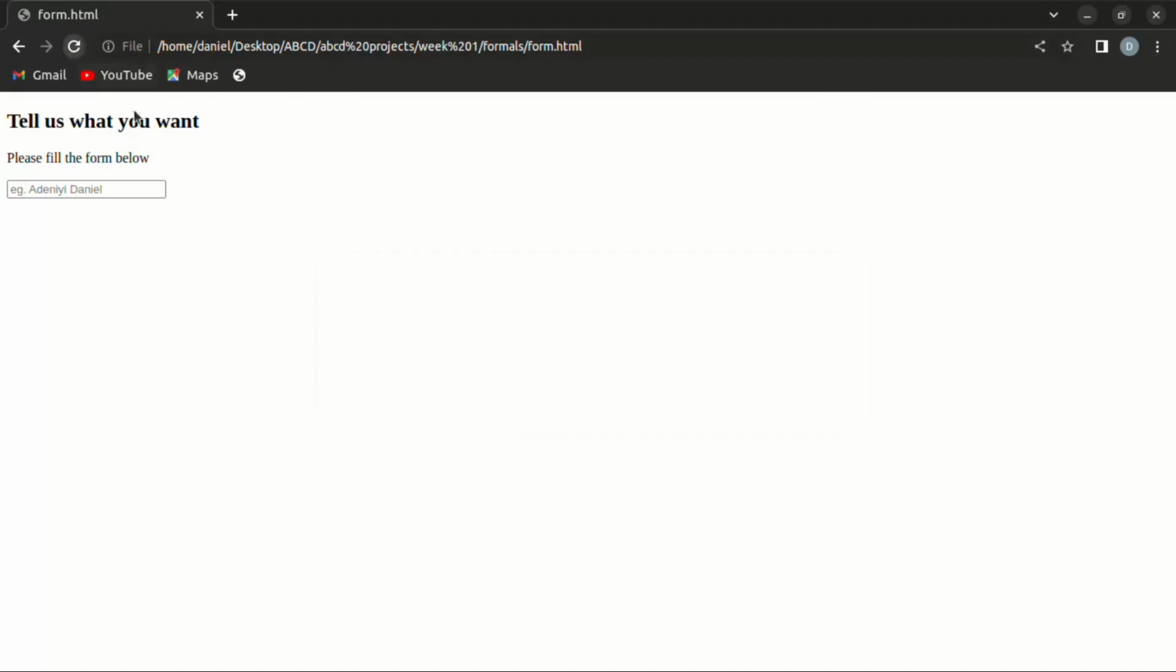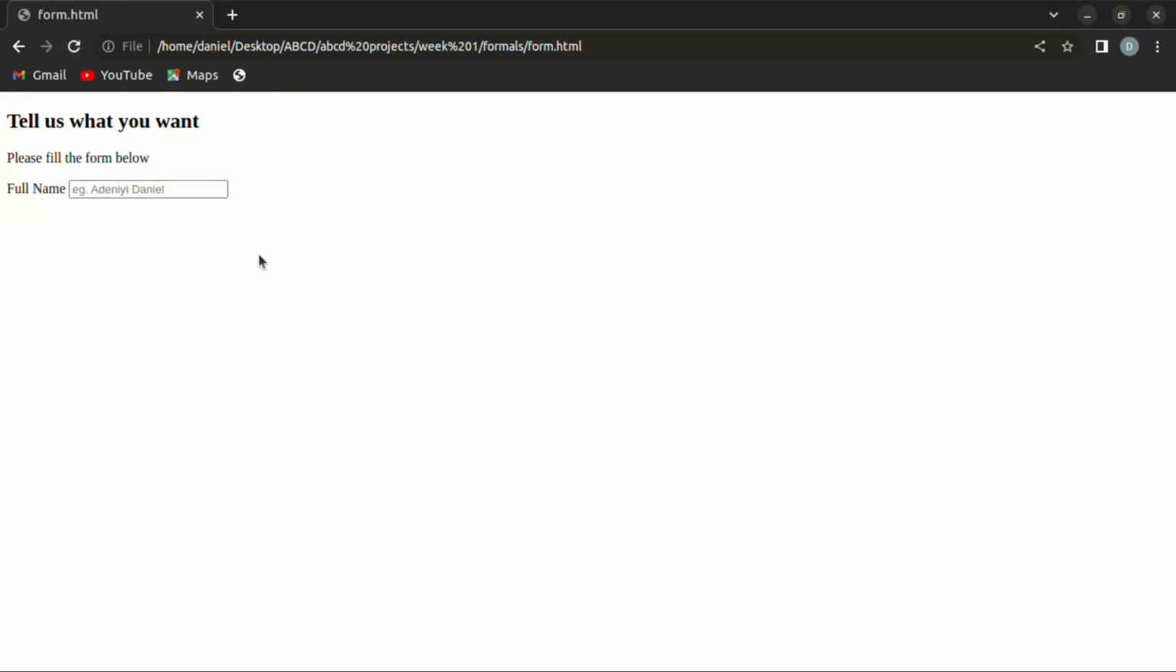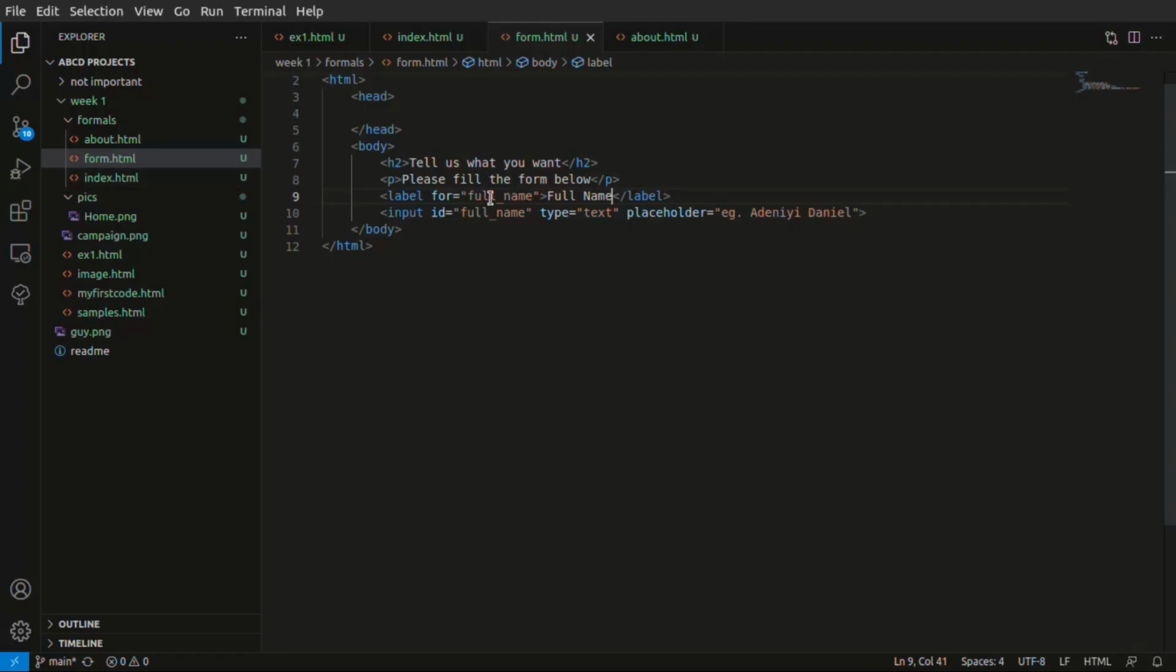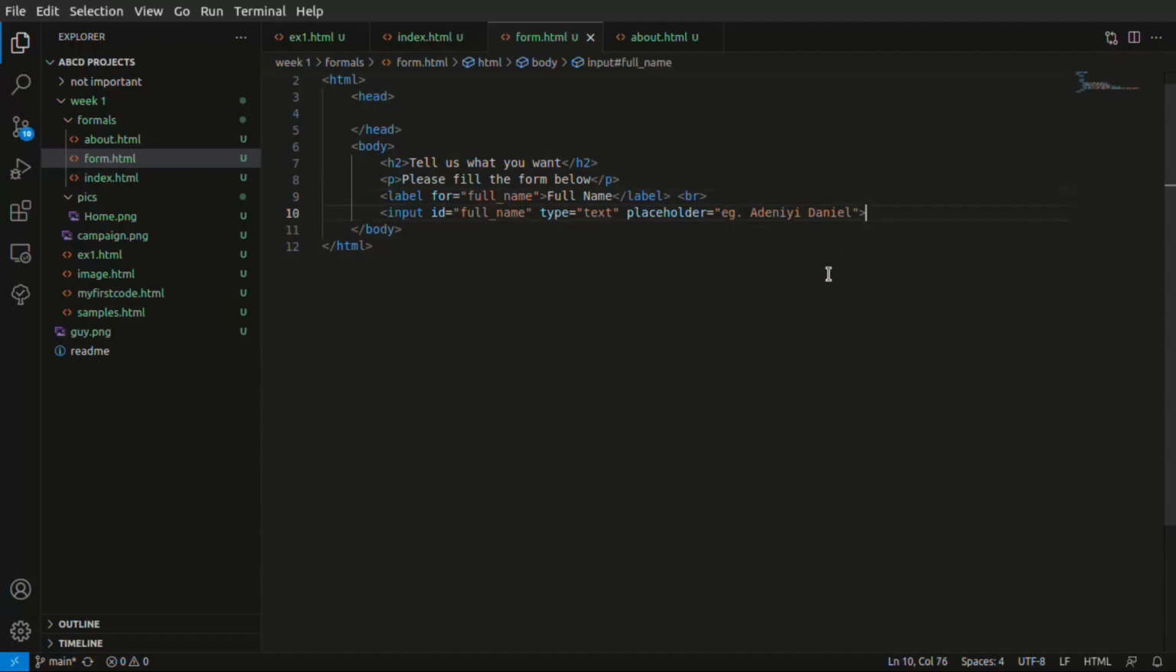So let's come back here and refresh. When you put the label, you need to say what the label will be saying. So full name. So come here. You can see now full name. So the user knows he should enter his full name. If you don't want it to be on the same line, remember, just break it. So full name, and then maybe we want something like